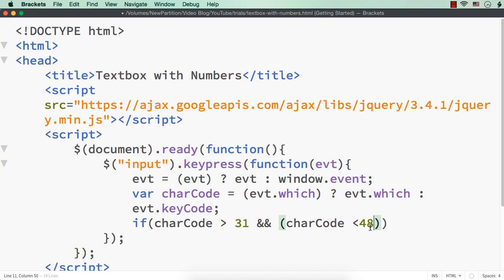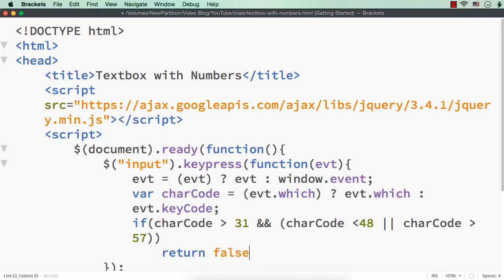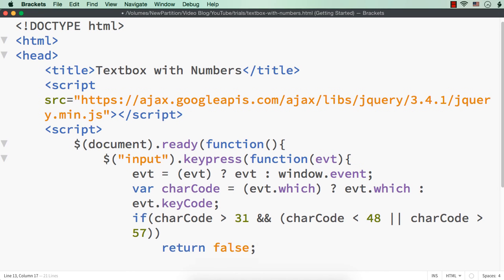Yes, less than 48, or character code is greater than 57. In all these cases, we will return false. Hope you understand the logic. Only if the character code is less than 31 or between 48 and 57 we should allow. So in these cases we are returning false, and in all other cases we will return true.